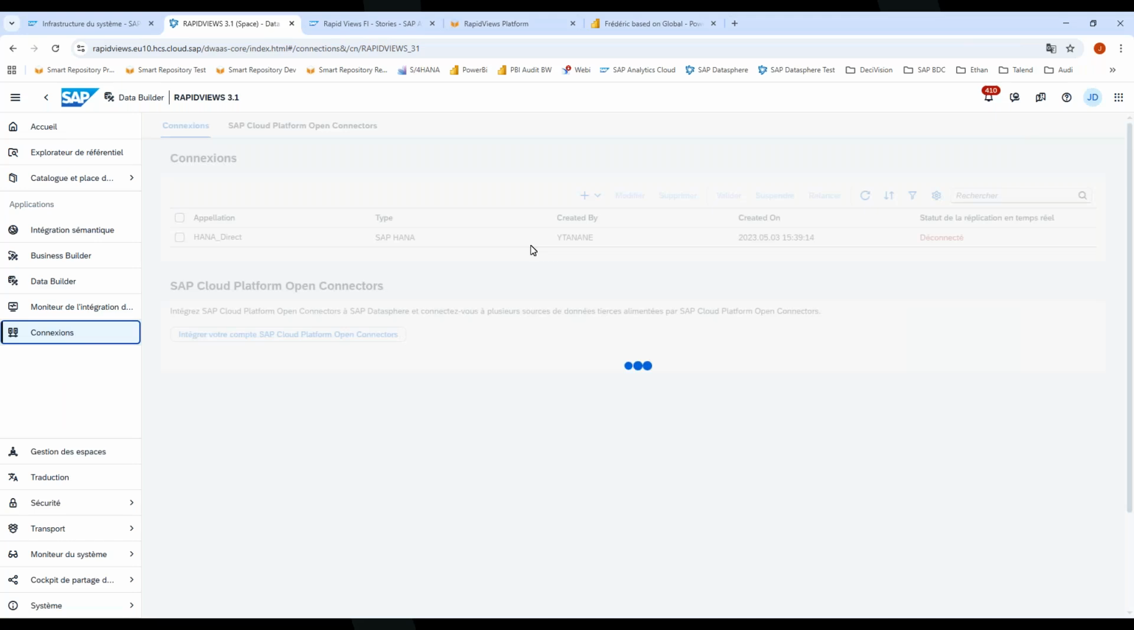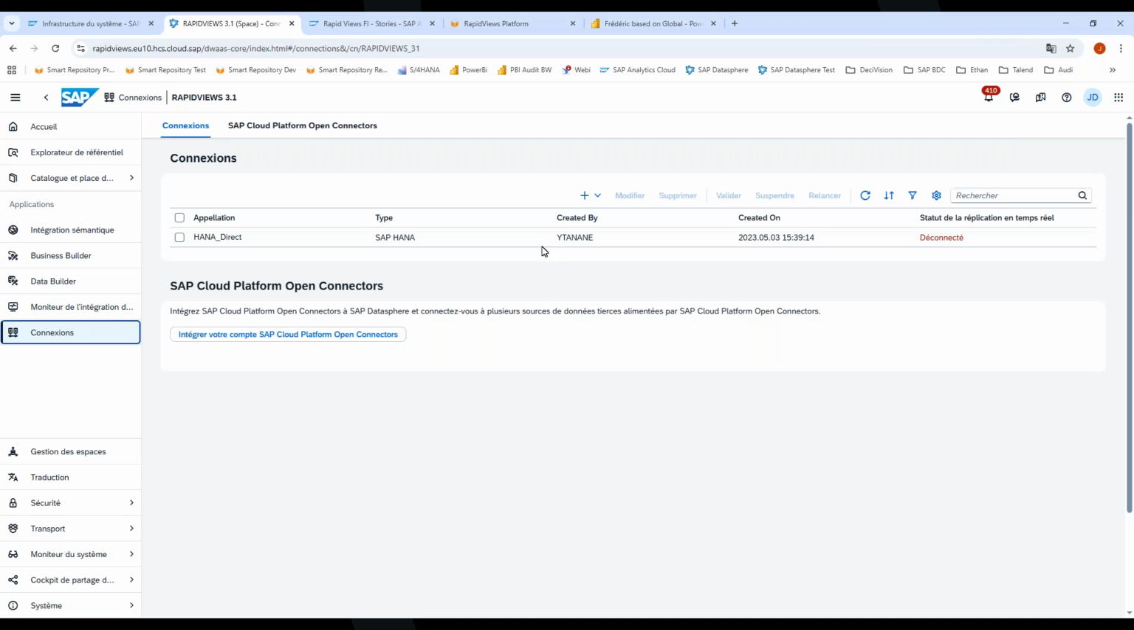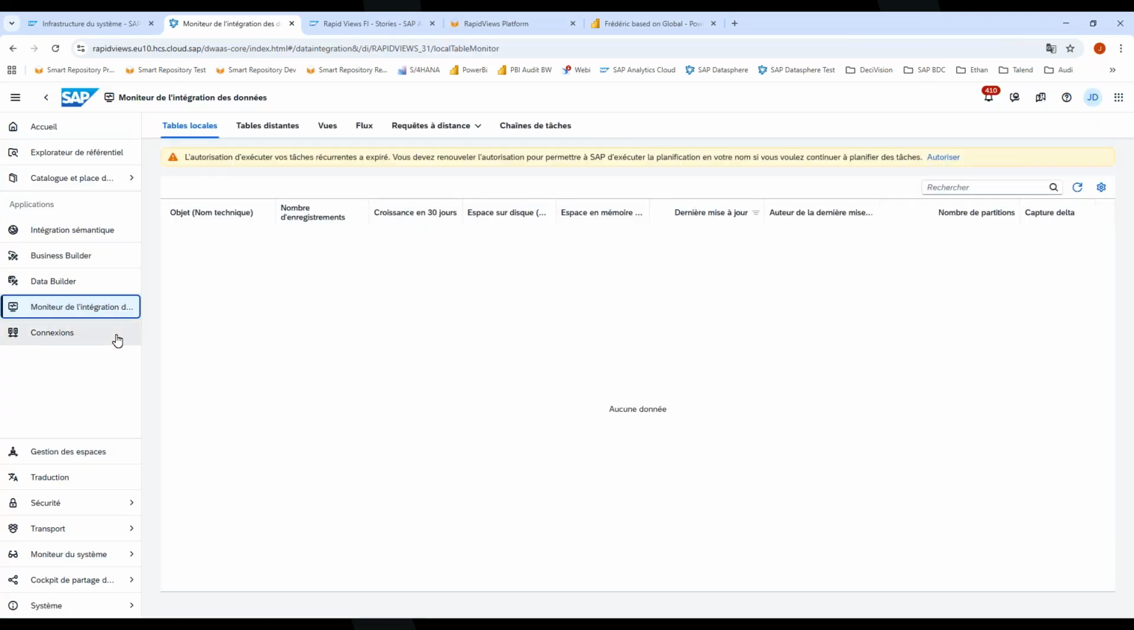Just to start, I will go to the connection. The connection part gives me the possibility to create multiple connections to HANA system, SAP system, or external system. I can see in the integration monitor the list of all the